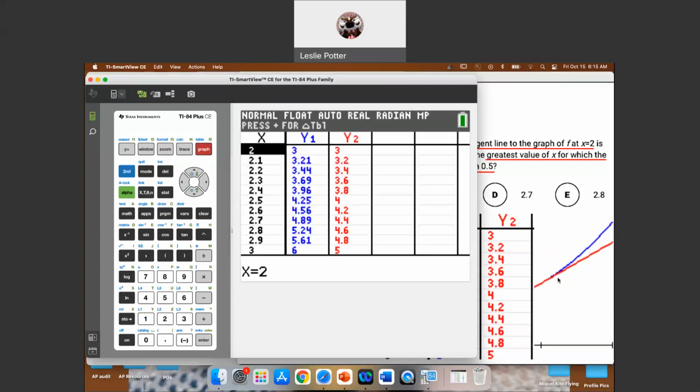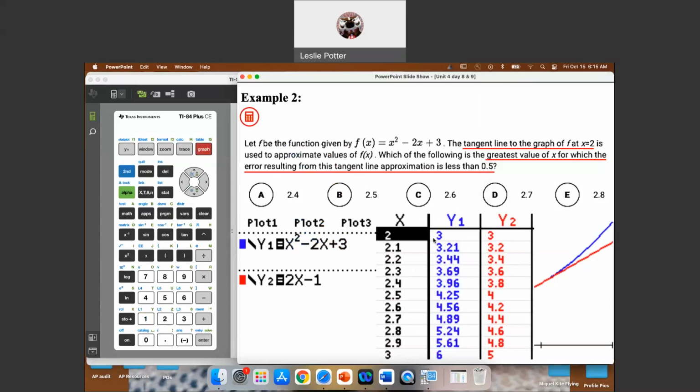So you can see it looks identical to the one I pasted into the PowerPoint. And so that being the case, we are looking at values bigger than 2, so I don't care about values before 2. And we are looking at a difference of 0.5 in the y values. I want this error to be less than 0.5. So that is, if we look at the table here, right, this difference here is 0.49, and then here, this difference here is